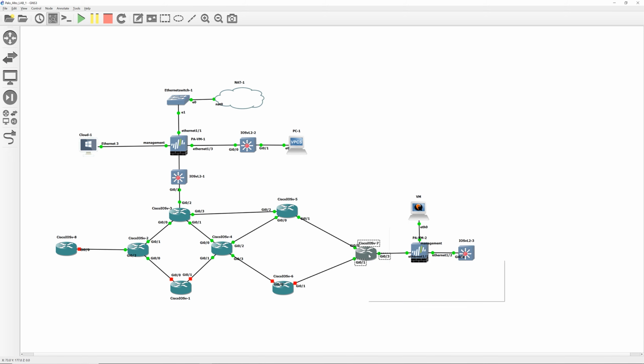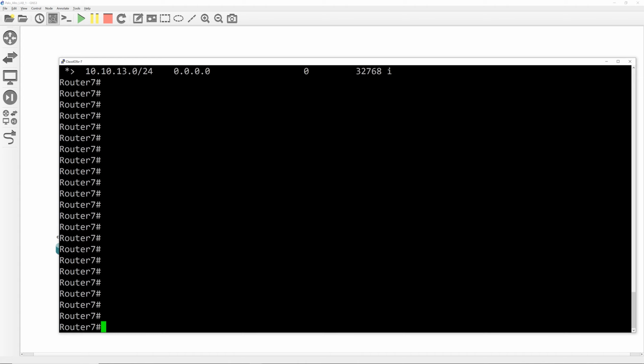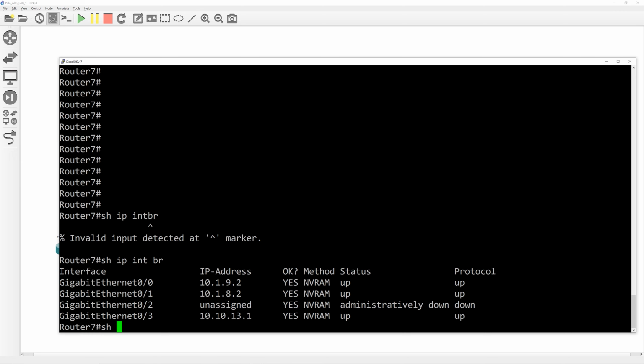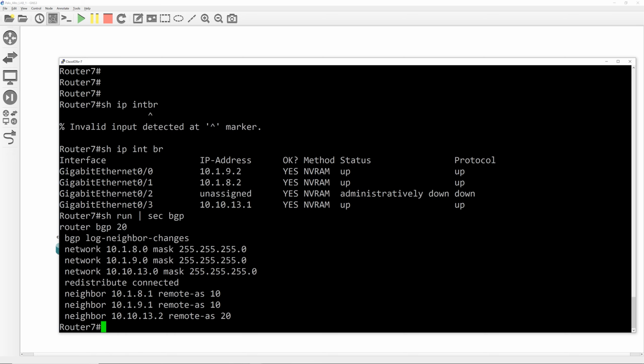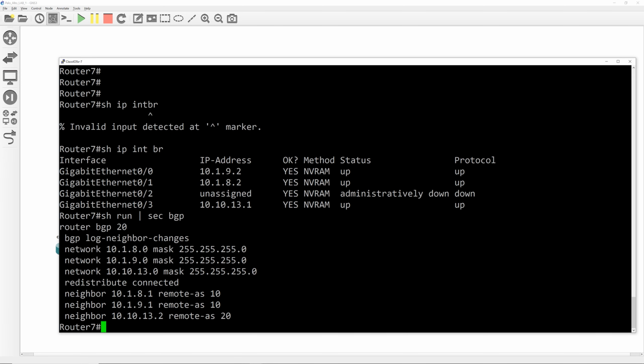So to check that, I am on the right router now. I have configured this. So I need router BGP AS number 20, and I have also given the